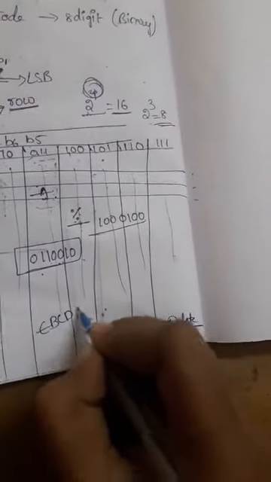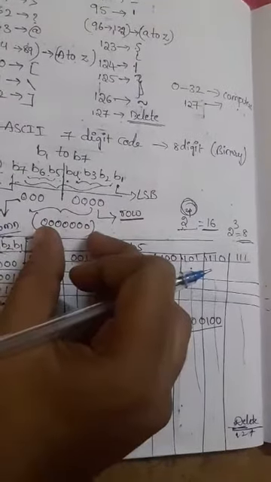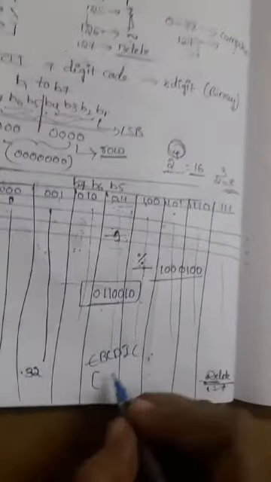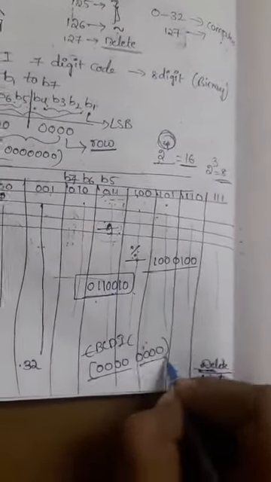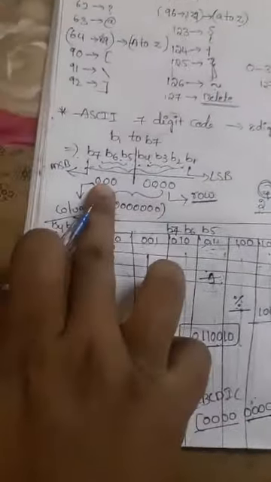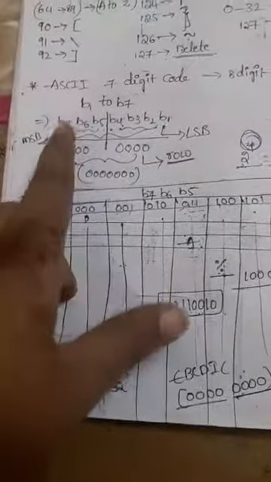So how is it represented? The ASCII code we represent like this: 0000000, a total 7-digit code. Coming to the EBCDIC bit assignment, we represent 8 bits, so on the left side we take 4 digits and on the right side 4 digits. On the left side in ASCII we take 3 digits, but here we take 4 digits. That is the only difference. So EBCDIC has an 8-digit code, and the ASCII code has a 7-digit code. This is the complete explanation about the binary codes of ASCII.